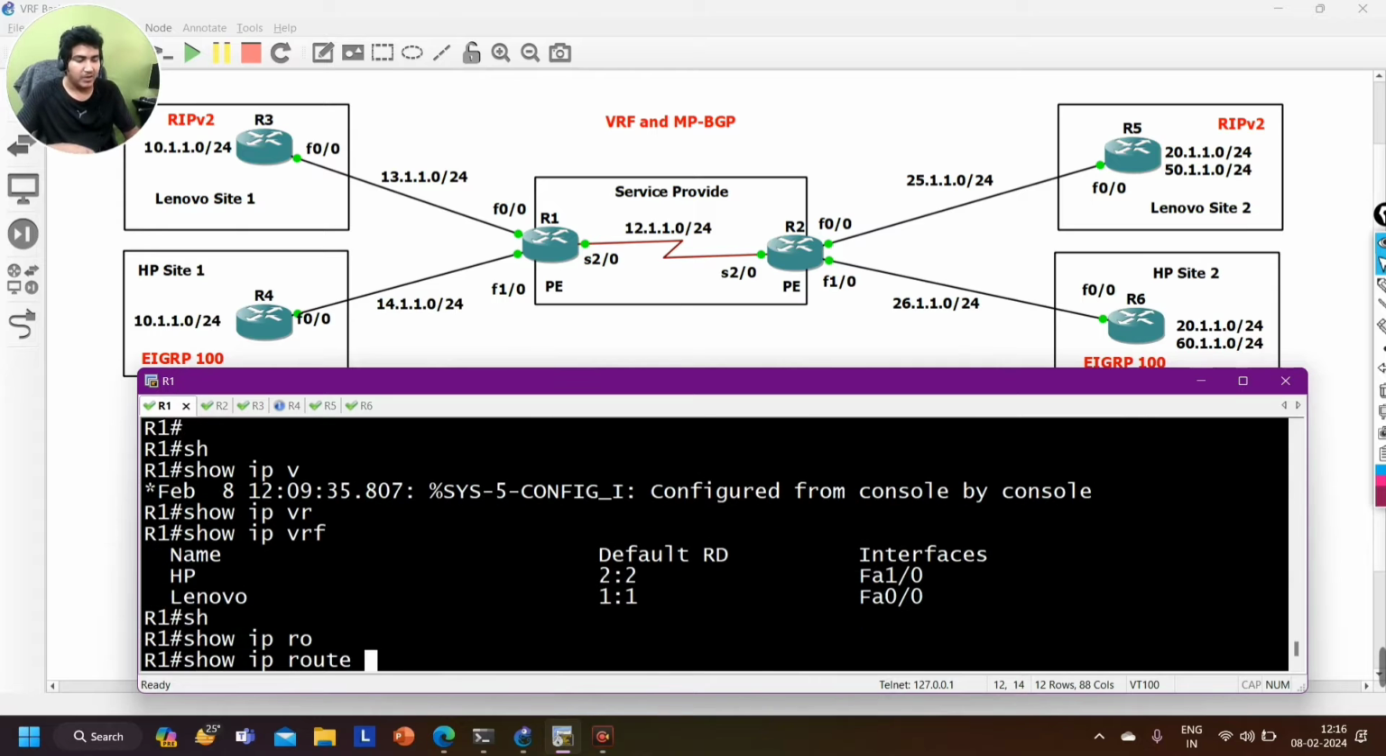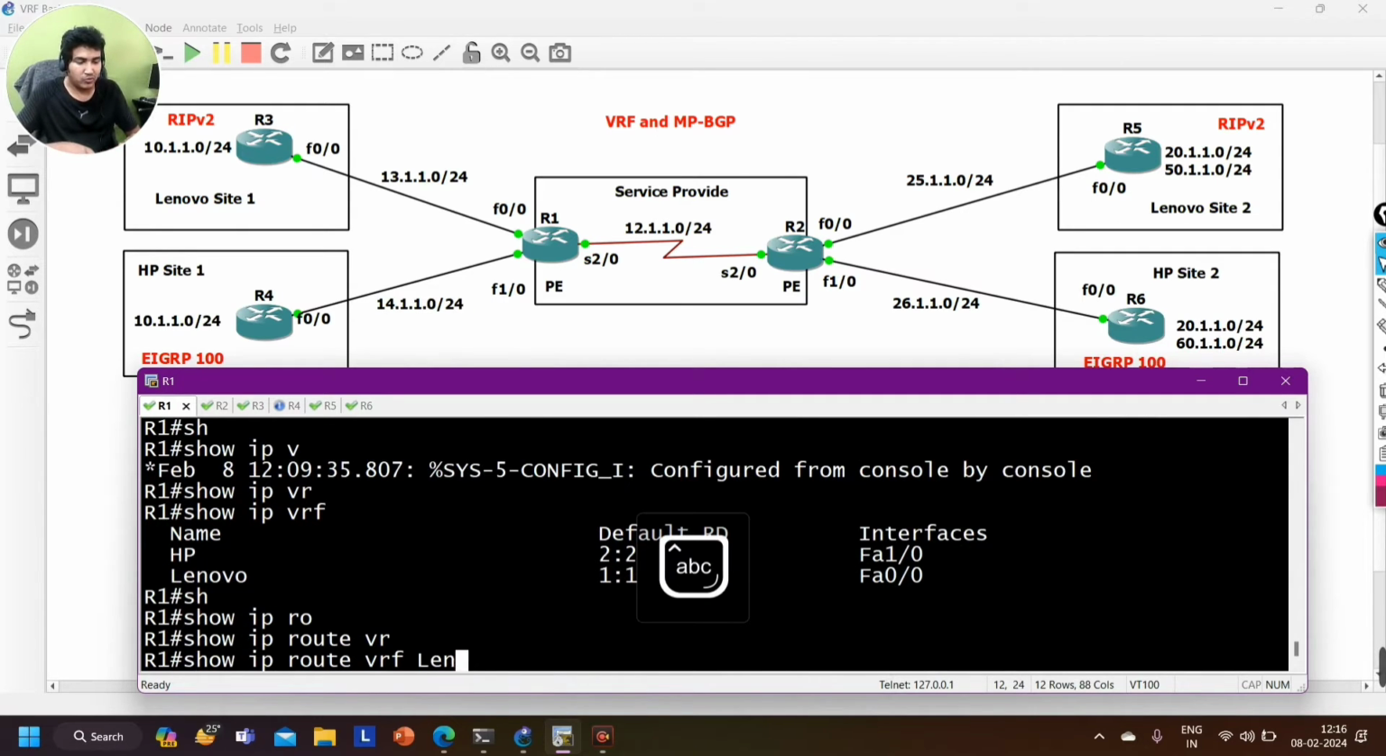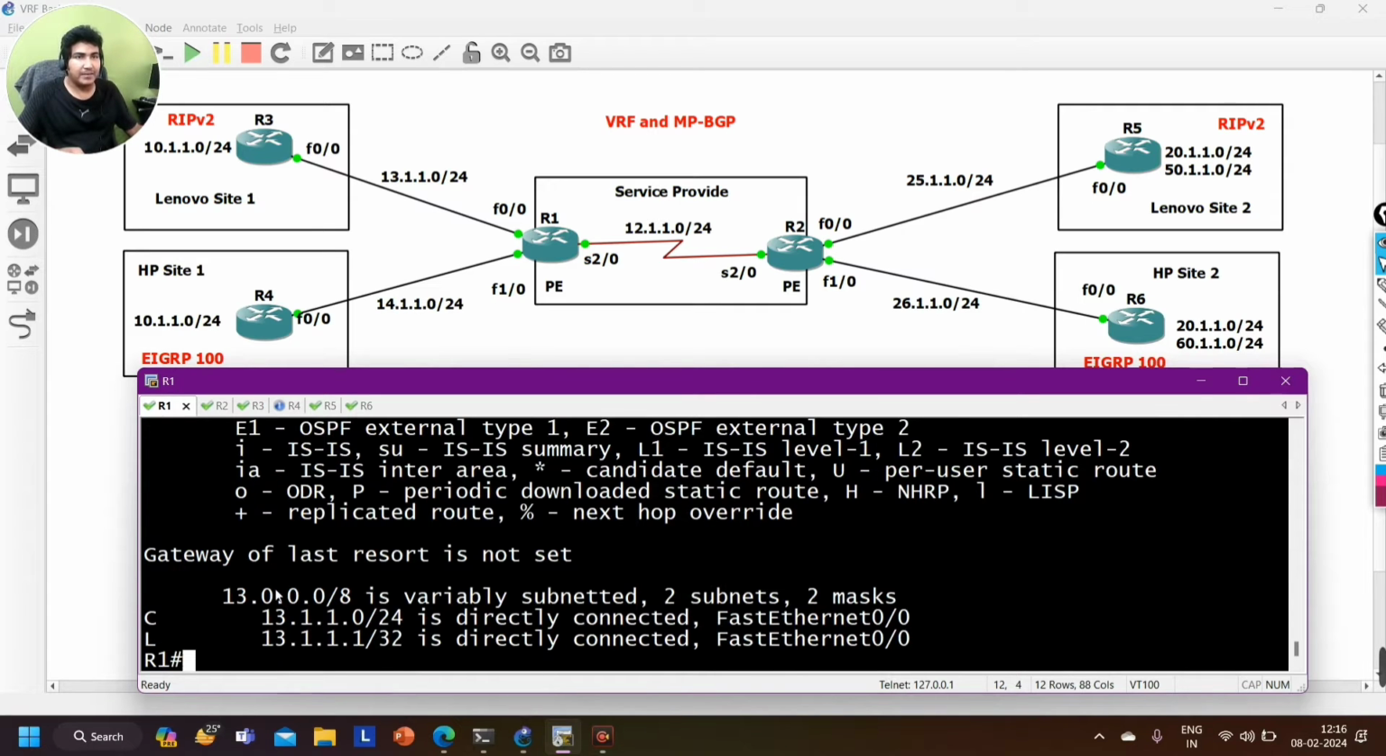And so, show IP route VRF Lenovo. So this is the Lenovo routing table, guys. Here we have only this 13 network, right? So what do we need to configure now? The RIP routing protocol between R1 and R3. Then we will receive